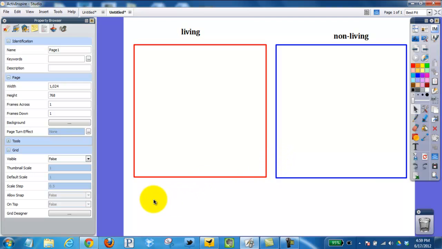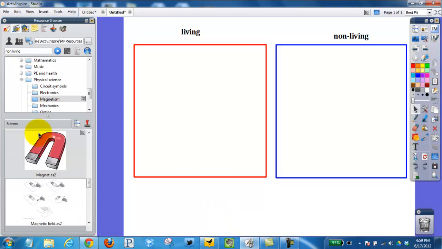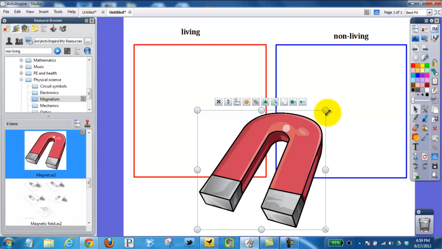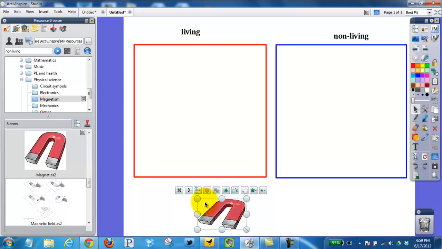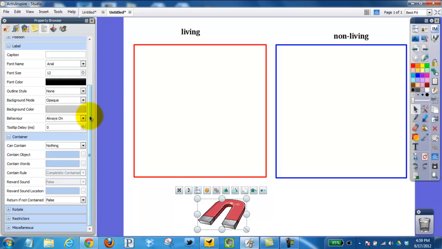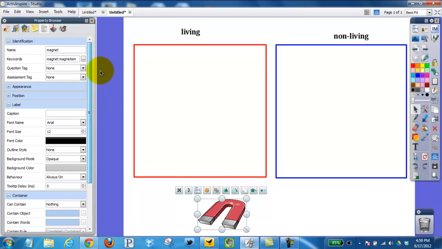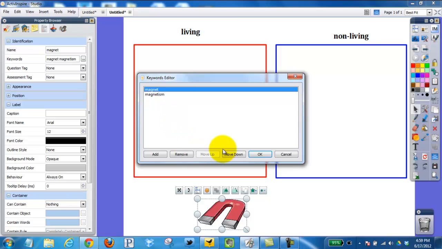My next step will be to pull some images down here to represent living and non-living things. So I'm going to go to my resource browser, and I have one here that I've searched for before, a magnet. Drag here. I'm going to reduce the size quite a bit. Now that this is selected, I can go back to my property browser, but at this point I can go up to the top, change my keywords. I'm going to remove this one, add,